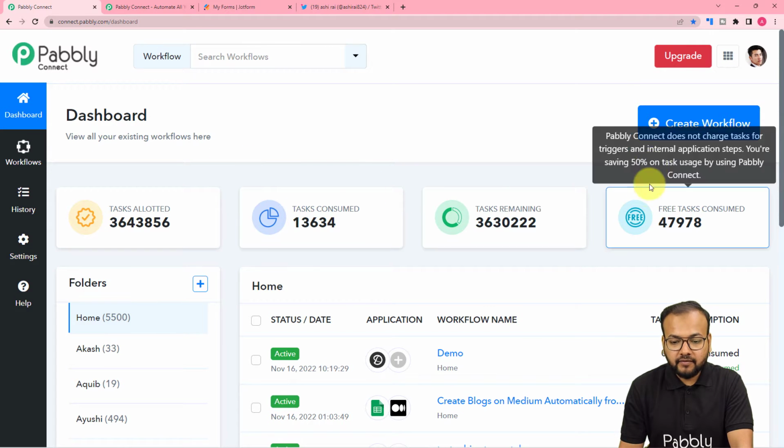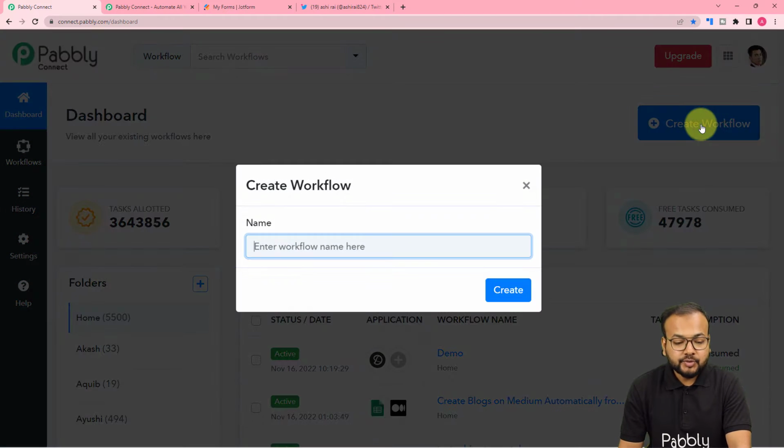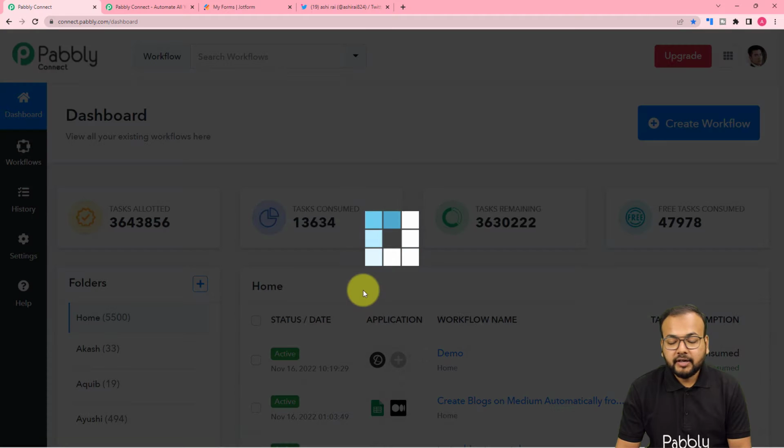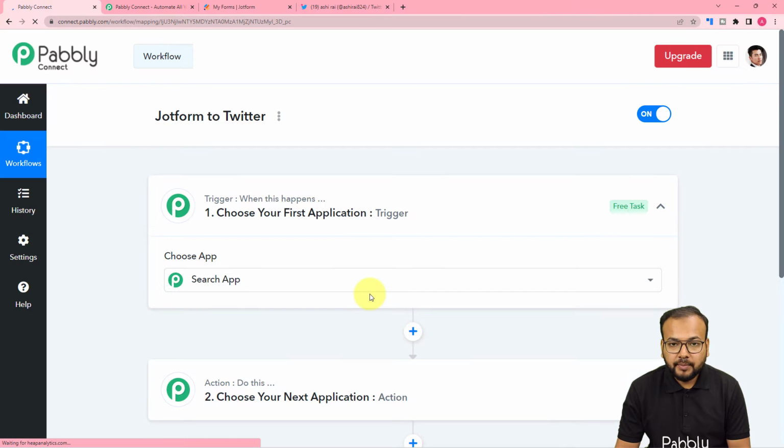And guys, here you have to click on this create workflow button to set up the automation workflow. So here, let me give a name to this workflow as Jotform to Twitter. Okay. So you can give any other name as well, right? And after giving the name, just click on create button and you can see your workflow page is getting ready